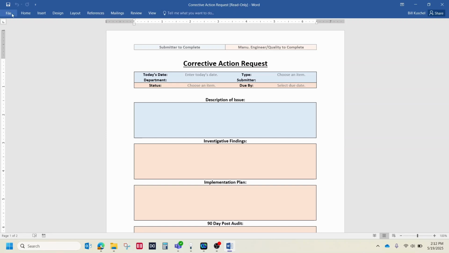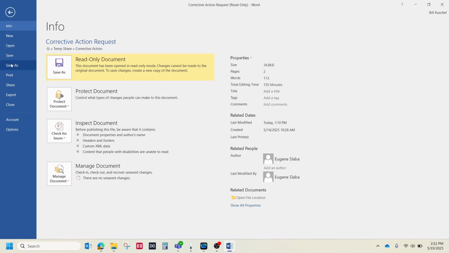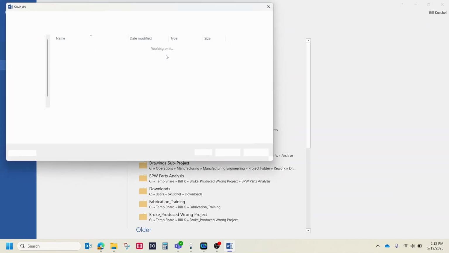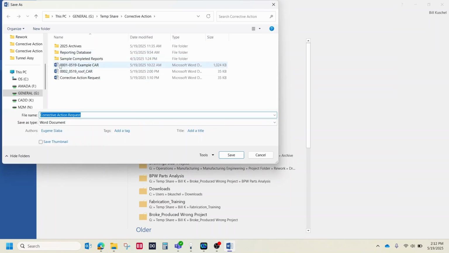So here we go. We're going to go up to File, and we're going to go Save As. Here's the reminder. It's a read-only document, so we need to go Save As. We're going to put that in our corrective action folder as we'd mentioned, and here is our number. Oh, we've got a 002. I think we've done one example already, so we would call ours